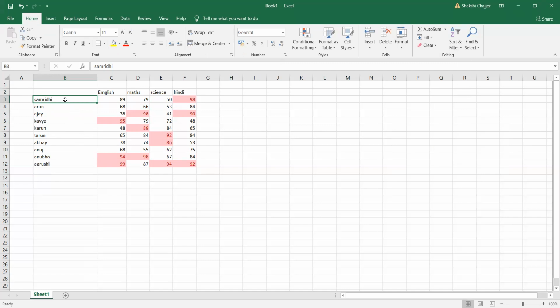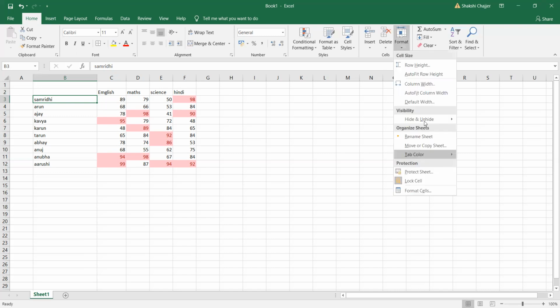Many times it happens that we are showing the result and we do not want some results or some data to be shown to all the people. So it would mean creating two separate sheets. Instead of creating separate sheets, you can simply use the hide option from format. You can simply use this hide and unhide button. If you want to hide the entire row, the row will get hidden. If you want to hide the entire column, that will get hidden.